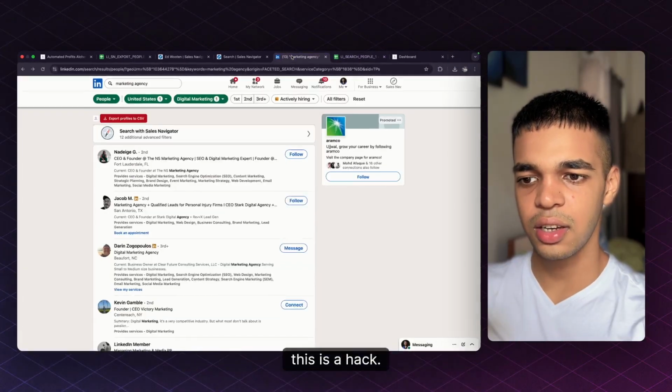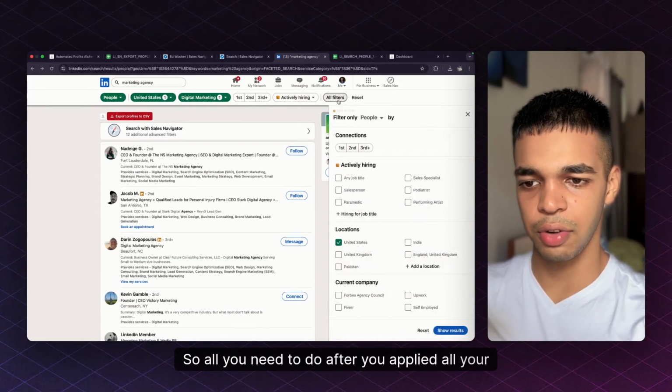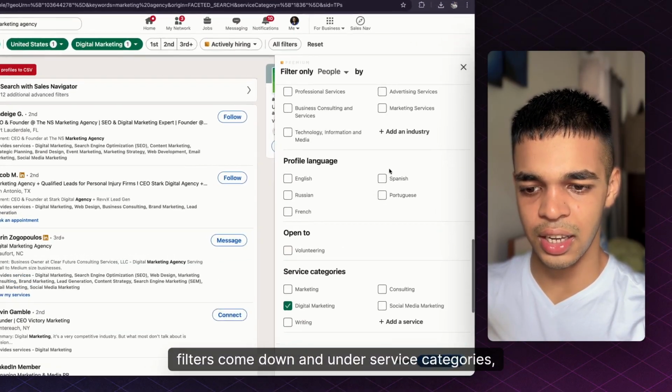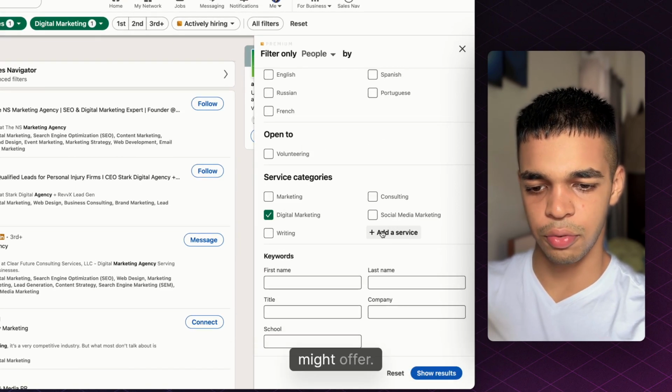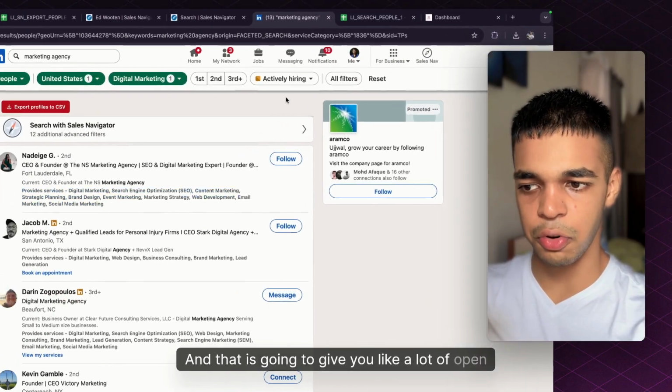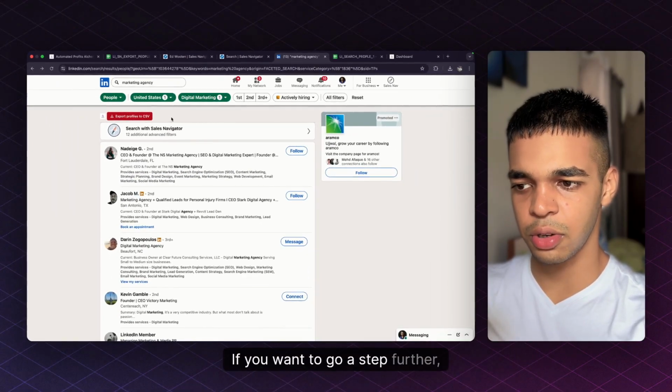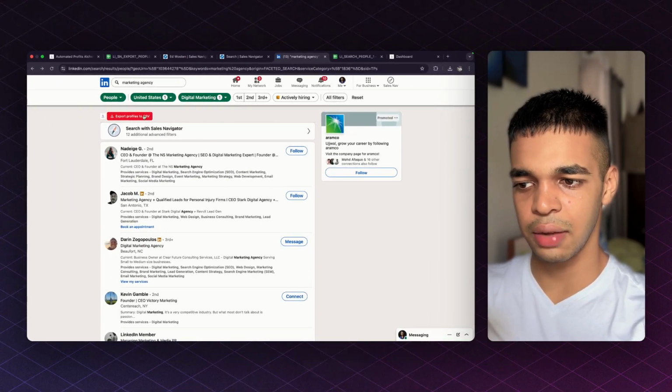And yeah, this is a hack. All you need to do, after you've applied all your filters, is come down and, under service categories, choose a service which your ideal customers might offer, and that is going to give you a lot of open profiles. If you want to go a step further, if you want to invest in Leadway, whatever, you can click on this,